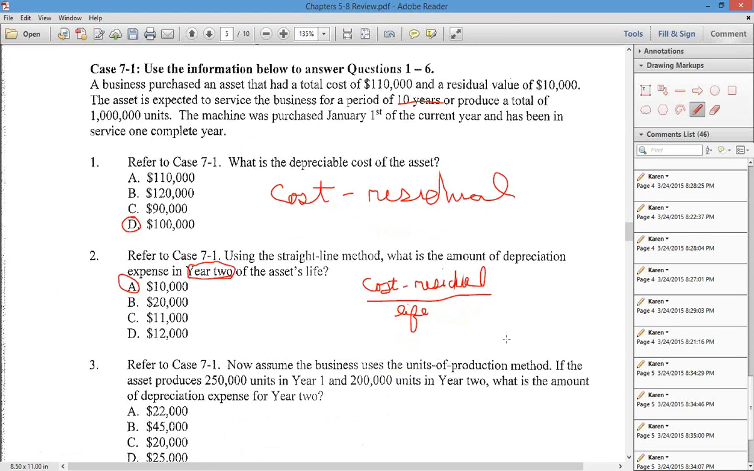The next one says, now assume the business uses the units of production method. If the asset produces 250,000 units in year 1 and 200,000 units in year 2, what is the amount of depreciation expense for year 2? Okay, in this one, the formula is cost minus residual,